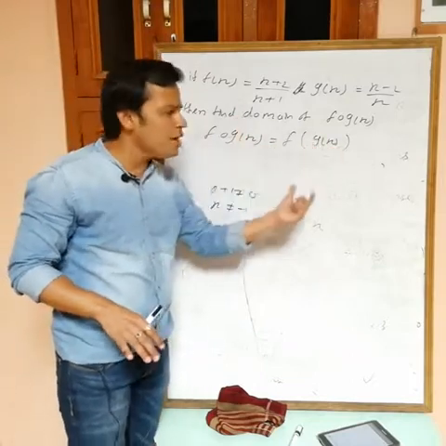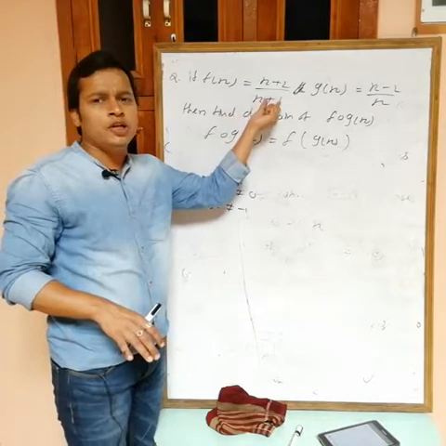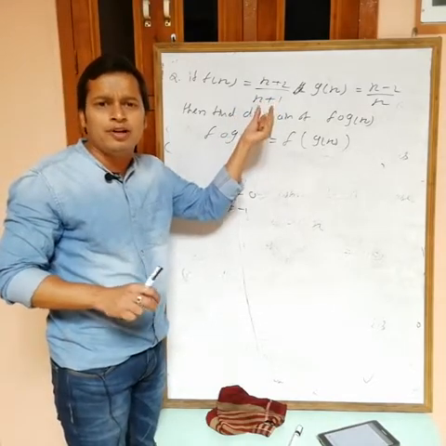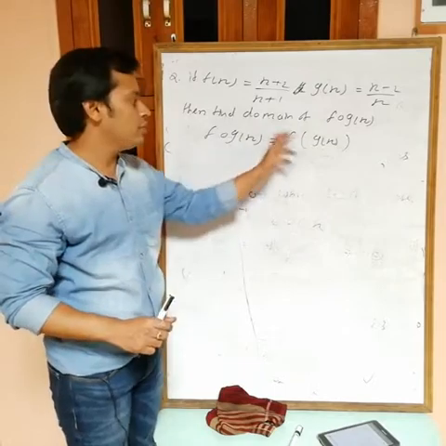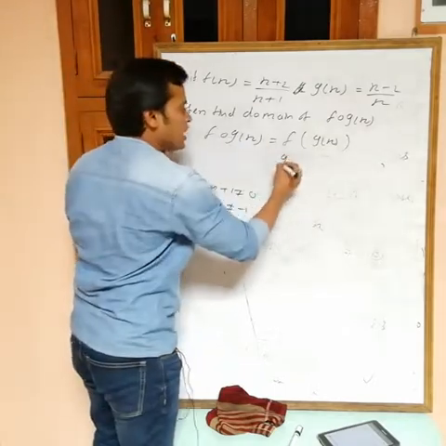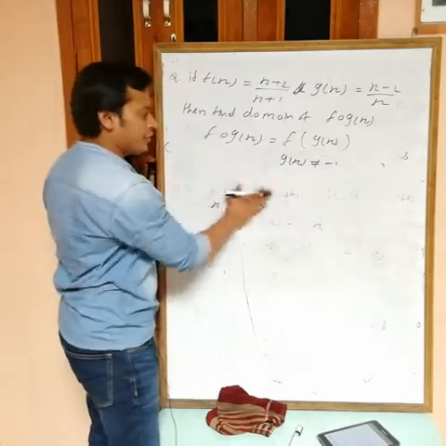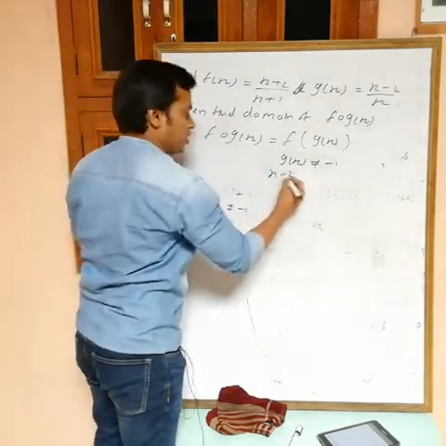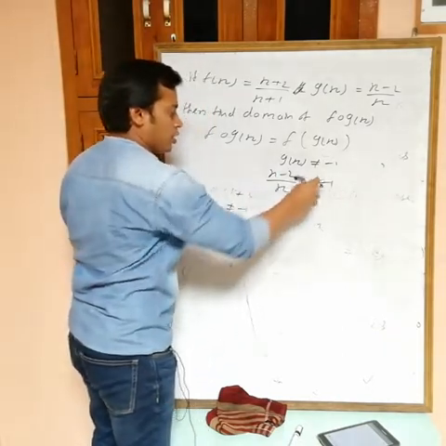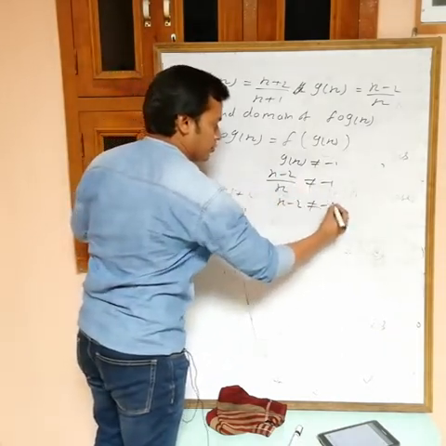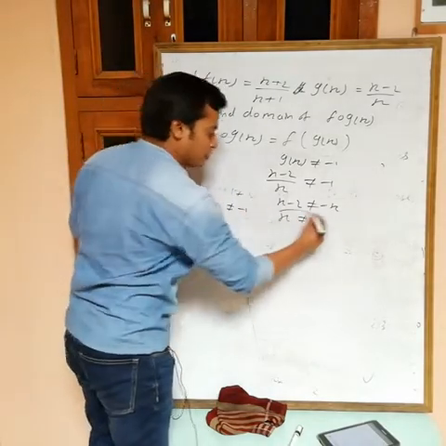So I am taking this: g(x) can't be equal to minus 1, because if this becomes minus 1, then putting minus 1 in the denominator you will get 0, and then the total becomes infinity, which is not possible. So the condition for f is that g(x) can't be equal to minus 1. Now put g(x): (x minus 2) by x can't be equal to minus 1, then multiplying, x minus 2 can't be equal to minus x, so x can't be equal to 1. We are getting this from that.